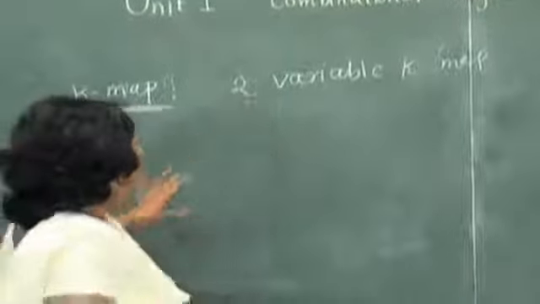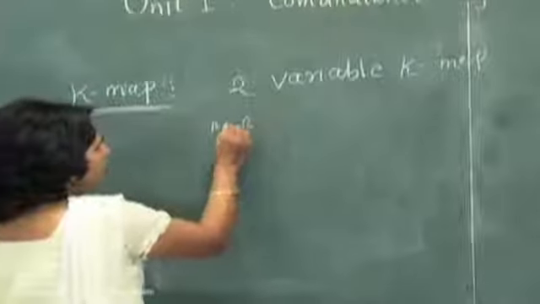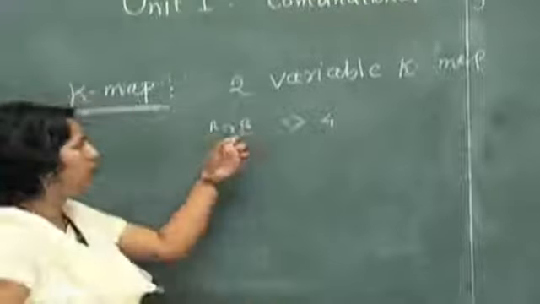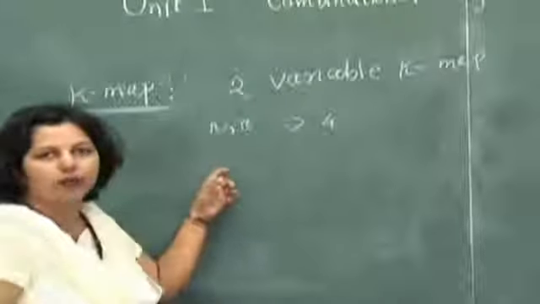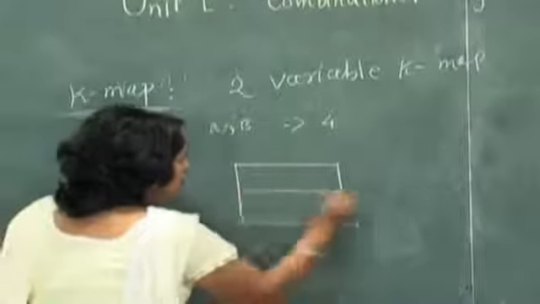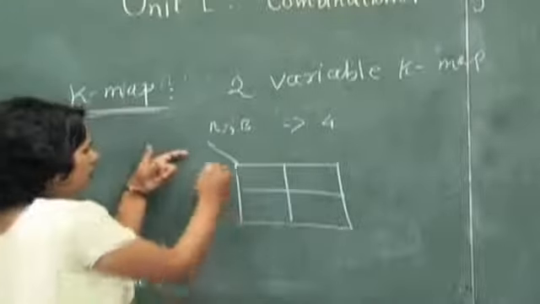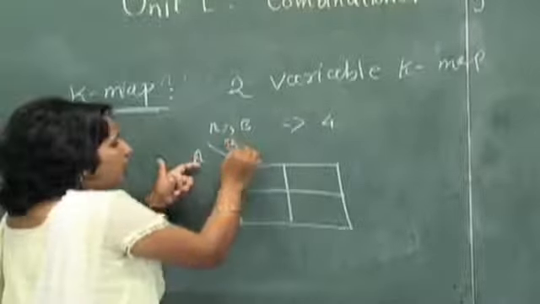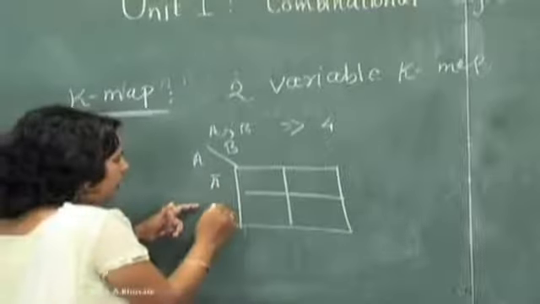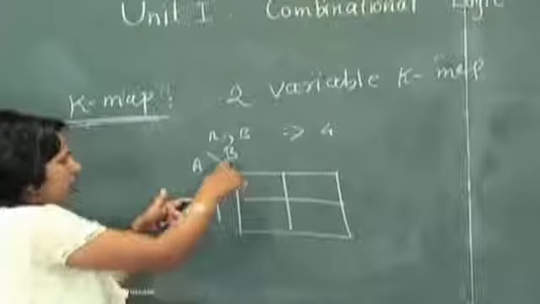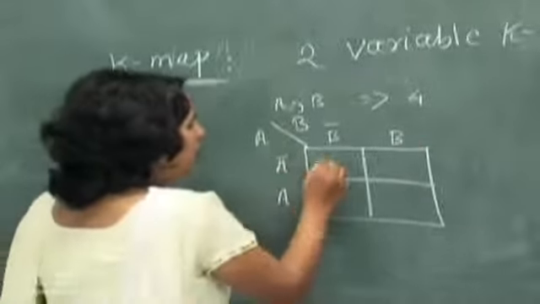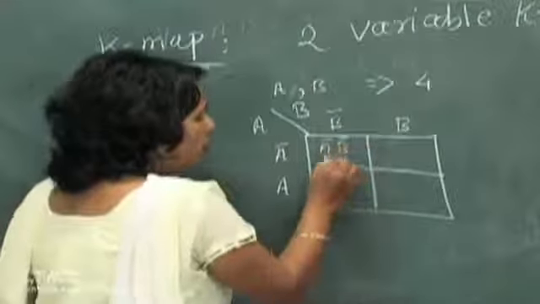In a two variable K-map, suppose A and B we are using. So how many combinations will be there? There will be a total of 4 combinations, that is 2 squared: 0 0, 0 1, 1 0 and 1 1. Now how will it be represented in the tabular form? Here, if I am taking the A literal here and the B literal here, you have to start from A bar, that is 0, and then A. This is a vertical sequence, and B will be written as B bar and B. So here it will become A bar B bar or 0 0.